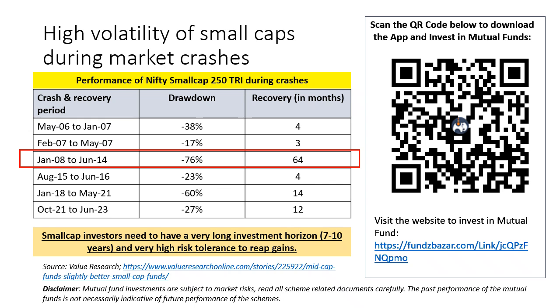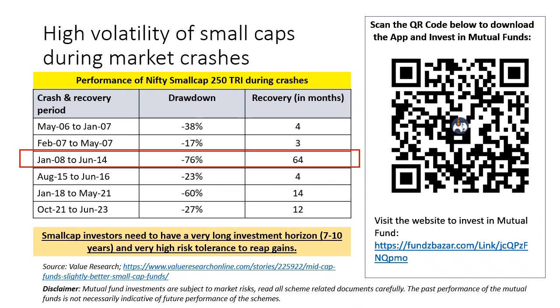Imagine you put 1 lakh rupees in, say, December 2007 in small caps. In Jan 08, or somewhere in between, maybe March 08, April 08, that amount suddenly went down to 24,000, right? So you're staring at a loss of 76,000 in maybe less than a year. And then this remained in negative for the next 63, 60 months or so. How many investors would have had the patience to keep staring at that red-lined loss for 60 months? I don't think too many investors would.